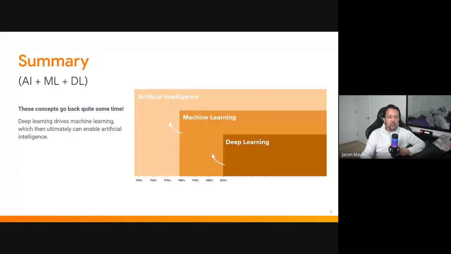So if you bring this all together, you've got these three terms that you can see that are very interlinked. And they actually go back quite some time. These are not new ideas. They actually go back to the 1950s or so. And this is very interesting because you can see here that deep learning is the algorithm that drives the machine learning implementation, which is the program. And that gives us this illusion of artificial intelligence that we're trying to aim for, if you will.